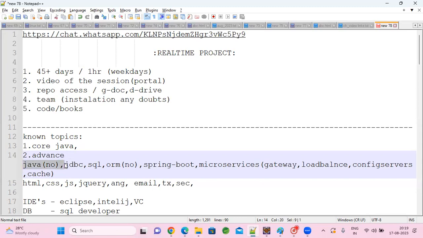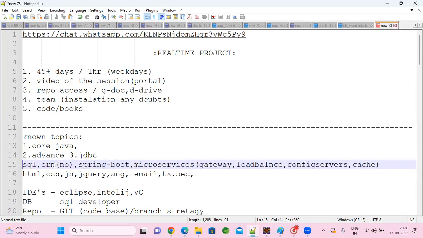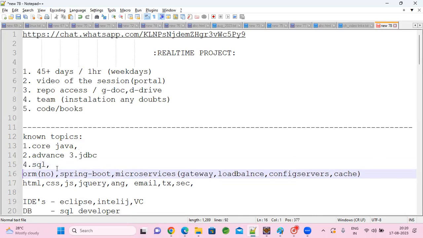And JDBC. We are not going to write much JDBC logic, but having a JDBC idea is also good here. And the fourth thing, SQL and ORM, is really not required, but having an ORM idea will help you a lot in Spring Data.